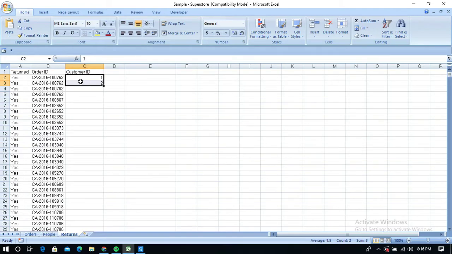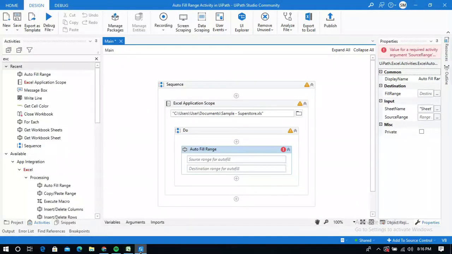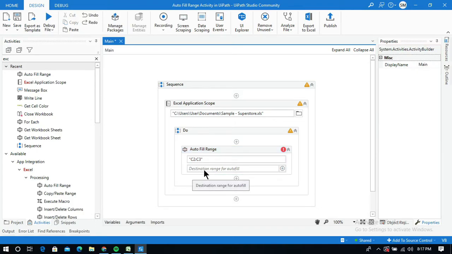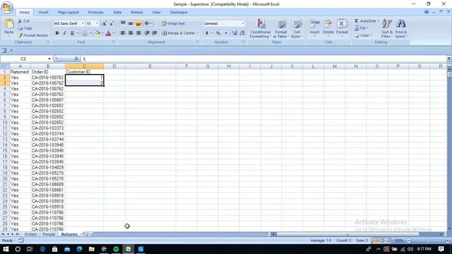The range I am going to give in UiPath is C2 to C3. In UiPath, the source range within quotations is C2:C3, and the destination range is up to your requirement.